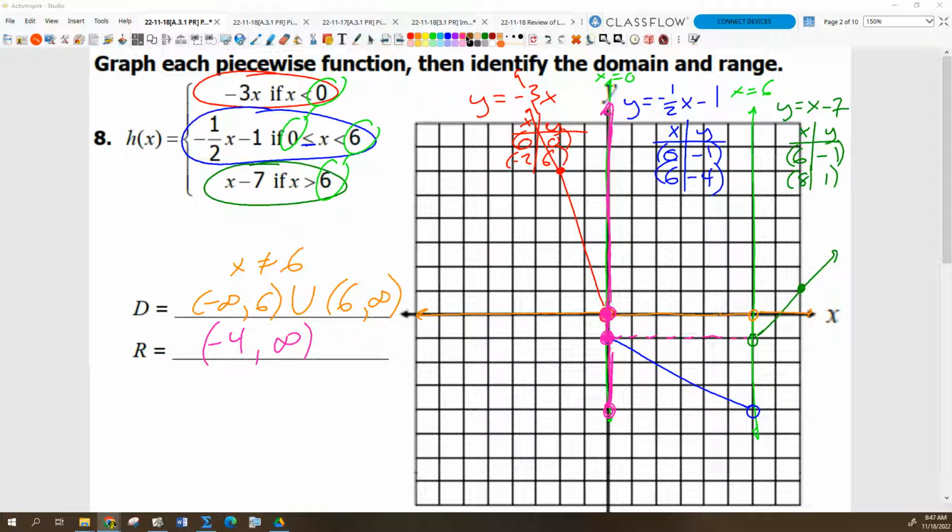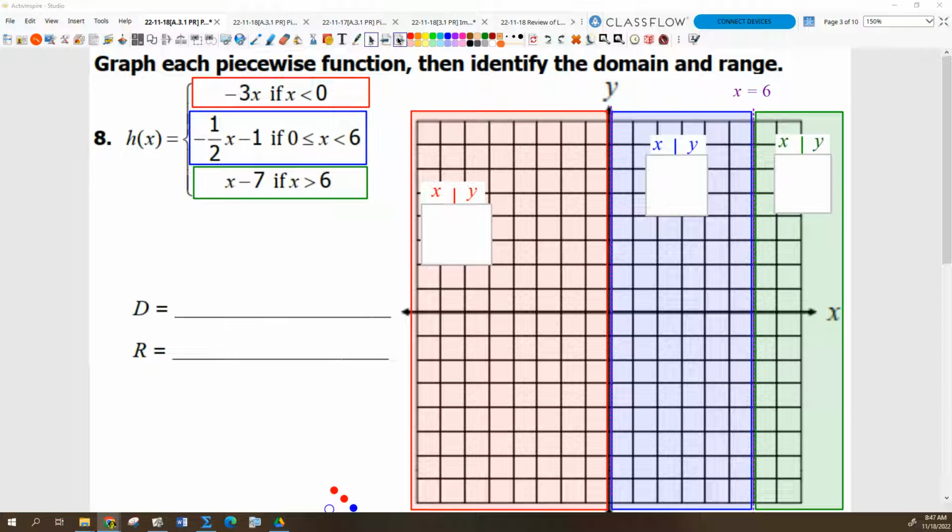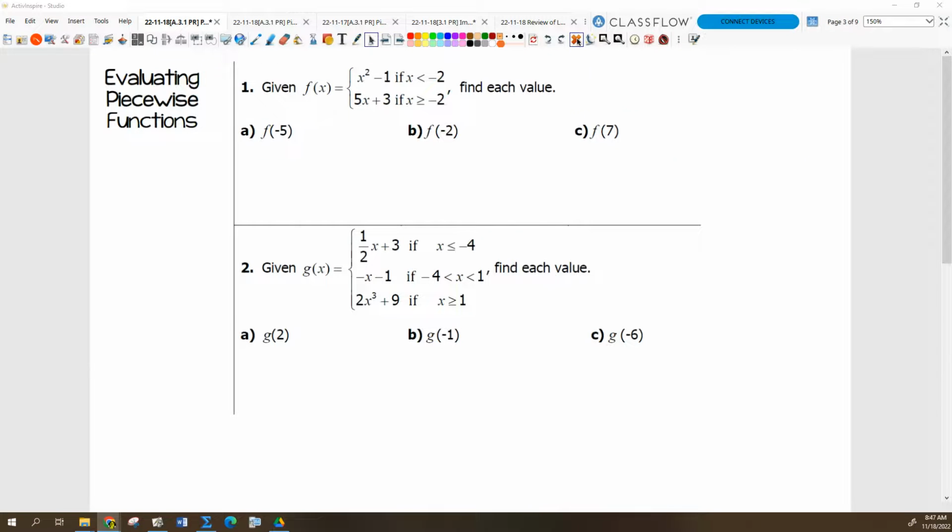Okay, so that's just what we just did right there. We can get rid of that one. Okay, let's look at just a quick example here of